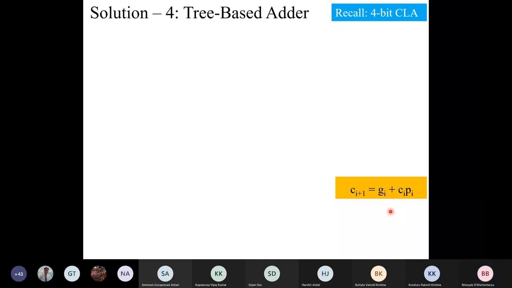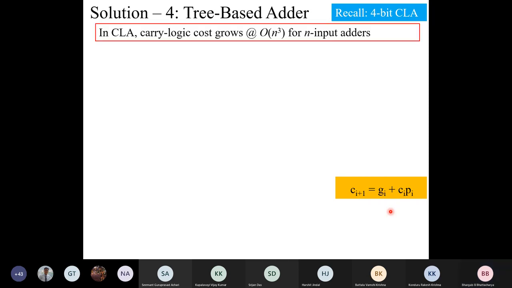All right. So consider a 4-bit carry look ahead adder. We have seen this example many times, but let us go through this once again. And we observe that in a carry look ahead adder, this carry logic cost grows on the order of n cube for n-bit adders, right? And that's why this whole business of reducing the cost without compromising delay as far as possible. Well,